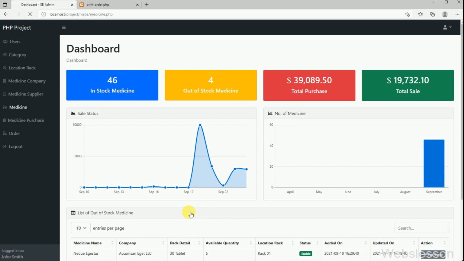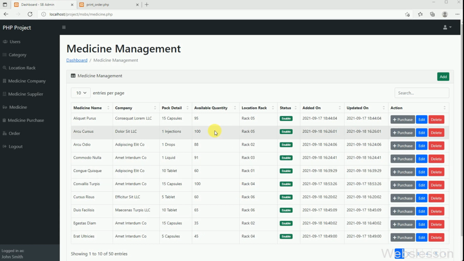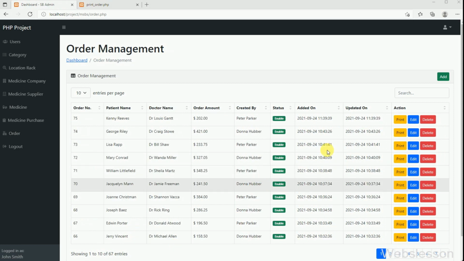In this system, we have not used the jQuery library, but we have used pure vanilla JavaScript and the Bootstrap 5 framework, so you can easily run the system without any error. If you get any error, please share it with us, so we can overcome that error and build an error-free medical store management system in PHP using a MySQL database.